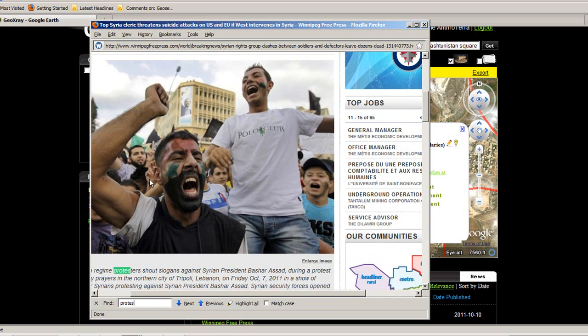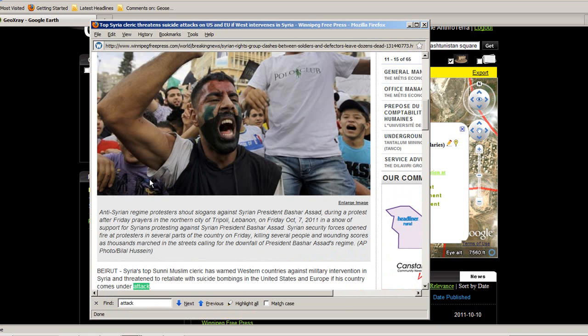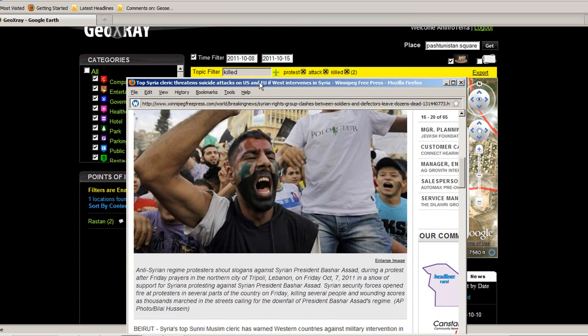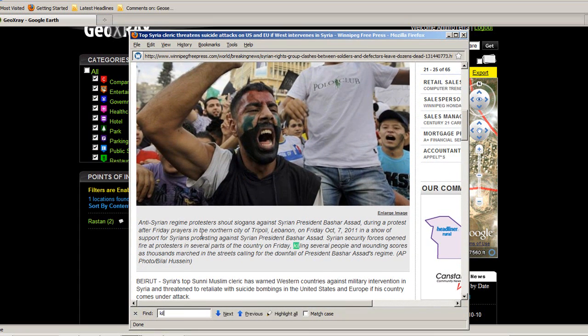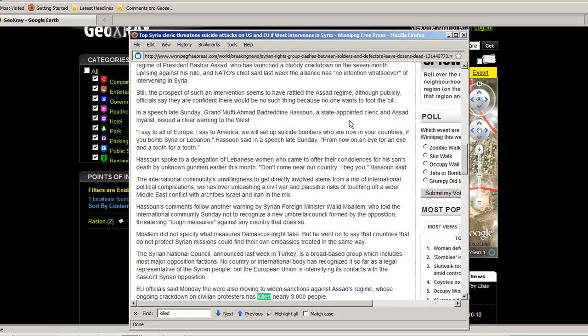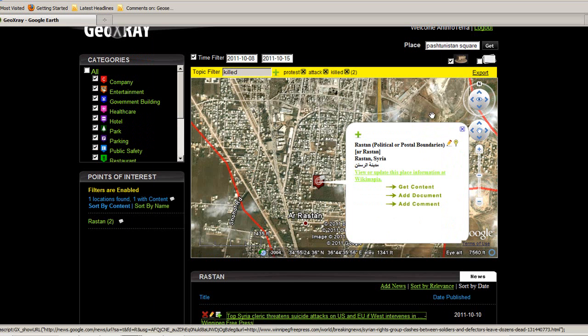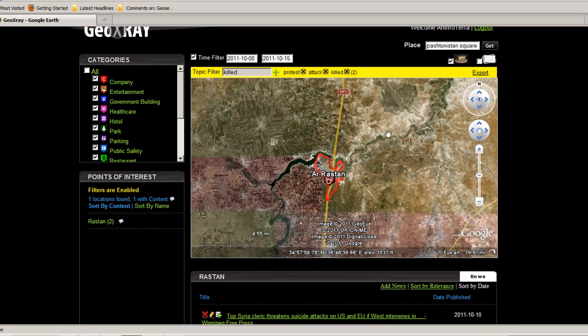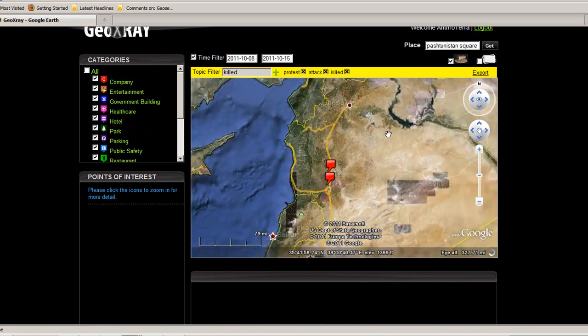We had a couple of other terms in there as well, so let's go ahead and put those in. There's attack, that's where that came up, and then the other term was killed, so we'll put that in there, and unfortunately that's in there as well. So we saw how that particular article met the constraints that we put into the system with date and topic